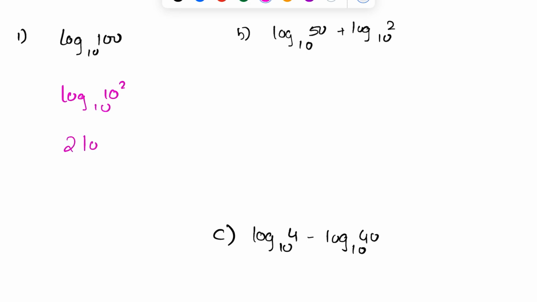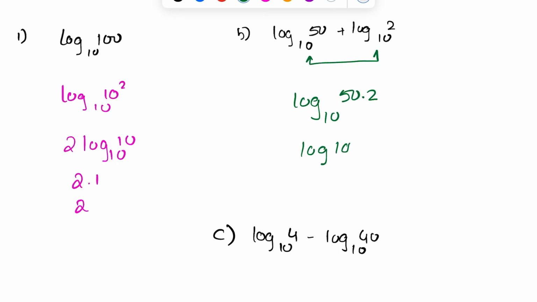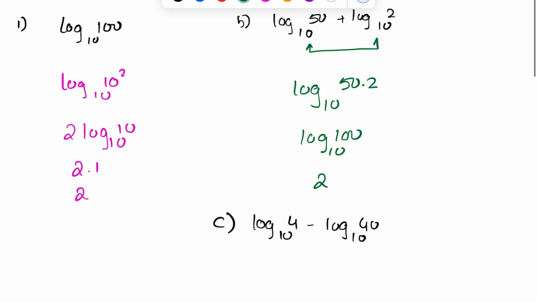So the power comes from, 2 log 10 to the base 10. Log 10 to the base 10 is 1. So the answer is 2. What about this one? When bases are the same, the addition becomes multiplication. It becomes log base 10, 50 times 2. 50 times 2 is 100, and log 100 to the base 10, just now we have got it out. The answer is 2. Coming to the third part, part C, log minus becomes division, log 4 upon 40 to the